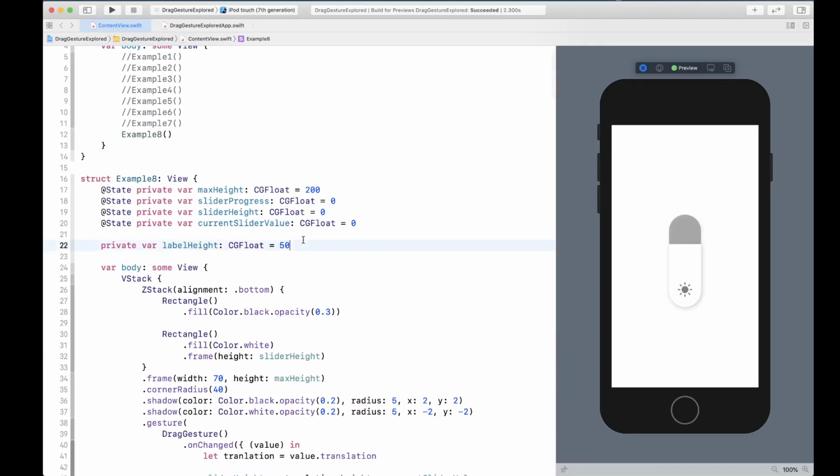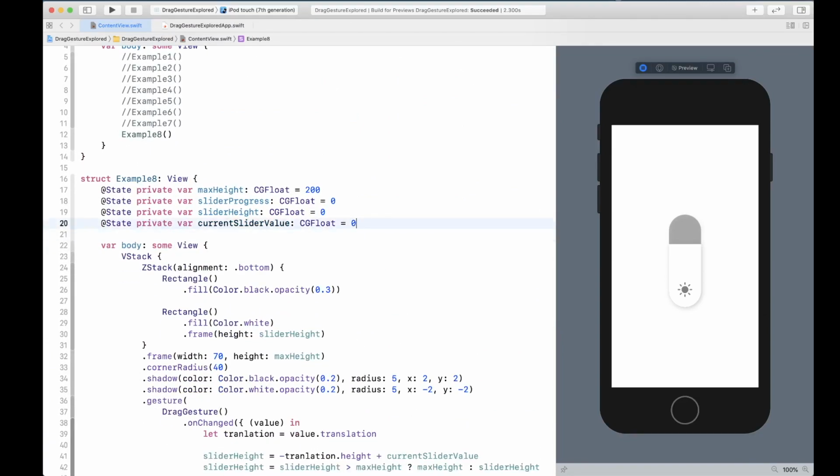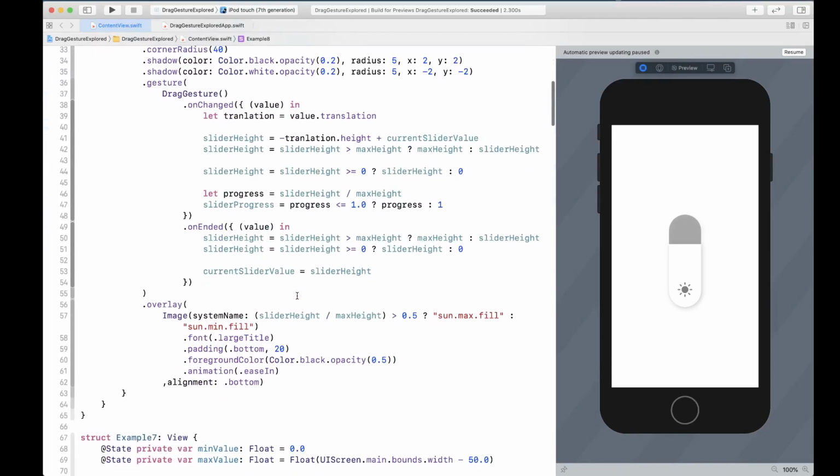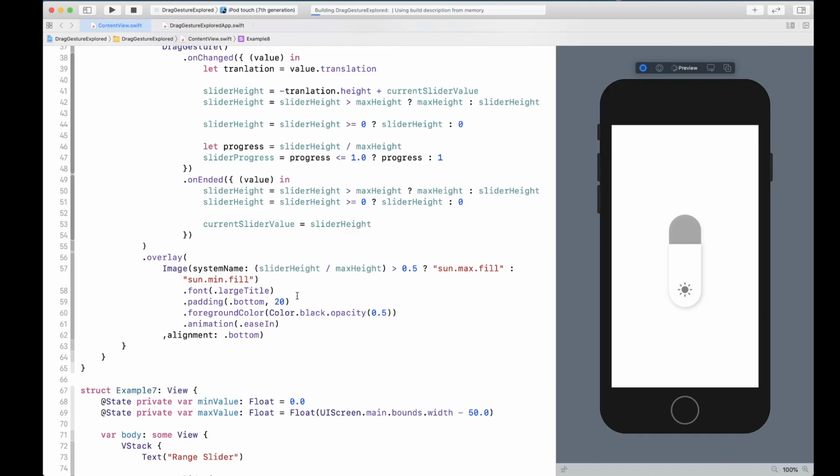Now I created a label height because I wanted to show the label, but I think this is a little bit better. So I'm going to just remove that, and I'm going to resume building. So instead of an image, you can always overlay a label on it, but I actually like the image better. Okay, so yeah, this is it about the drag gestures. We actually learned a whole bunch. You created a couple of controls yourself, and you learned all of the things there are in the drag gesture recognizer within SwiftUI. So hope you like the video. Thanks again for watching, and I'll see you